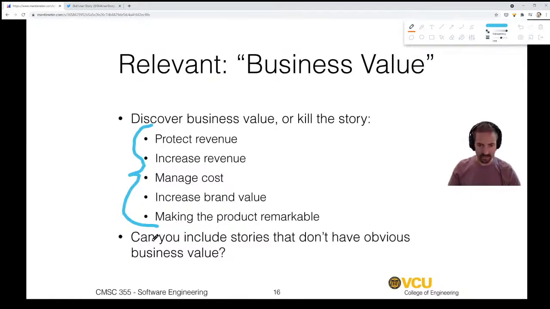The easiest one for us to stomach is making the product remarkable or amazing. But things like managing the cost, increasing the revenue, and protecting the revenue are super important. And you're going to have to learn not to think totally like an MBA person, but you're going to have to think a little bit about the business behind things, because you're going to have to decide which stories are